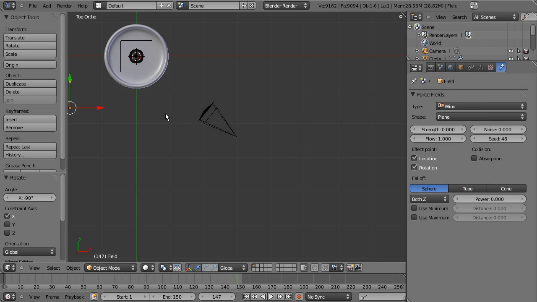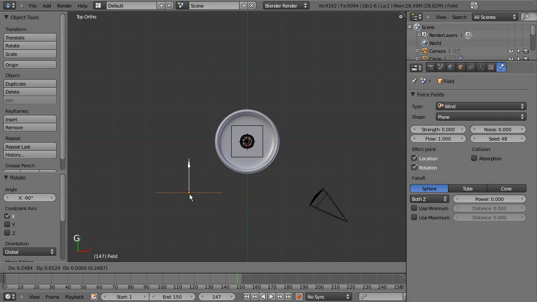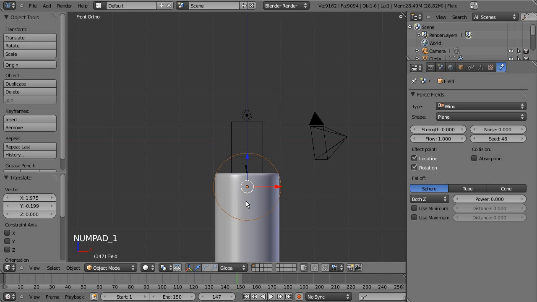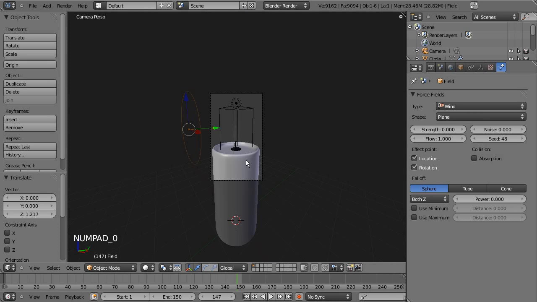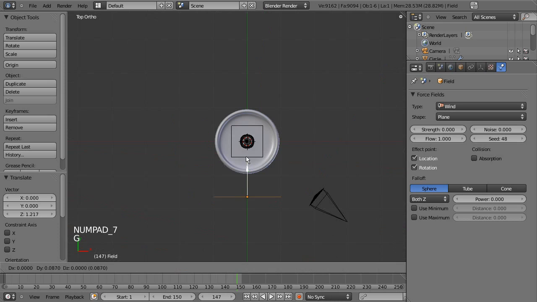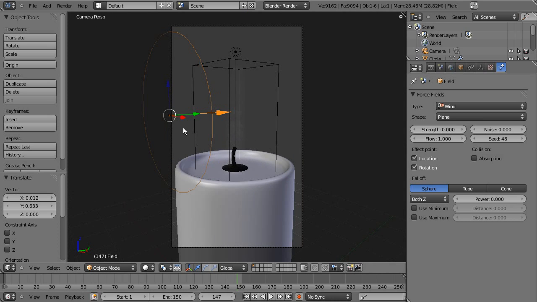So here, numpad 7, and you see it's not aligned very well, so we can align it here. And let's see, yeah, we also need to go way up to get it right where the flame is. And now we got, actually we can get a little nearer. So yeah, I guess this might be correct. And now let's